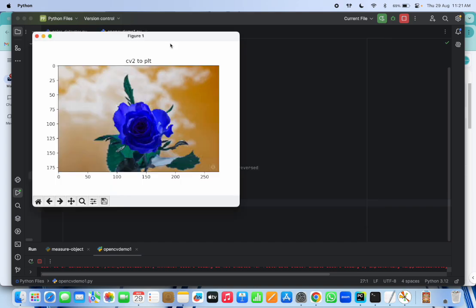Then here it is reading in CV2 and showing in PLT. So the channels are reversed. The blue in the background is somewhat orangish, which is kind of red, and the red in the foreground is blue.